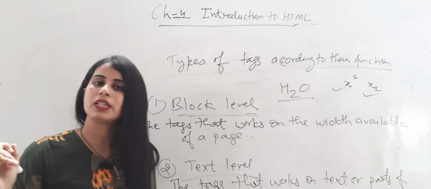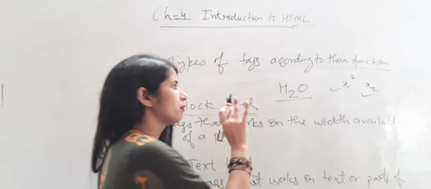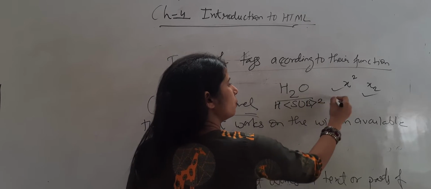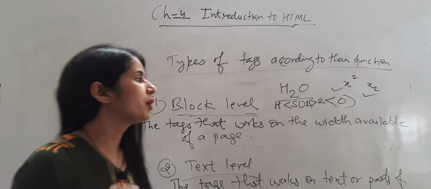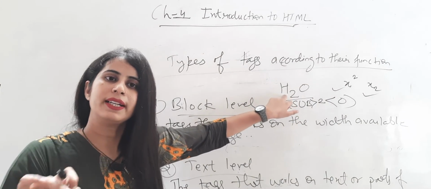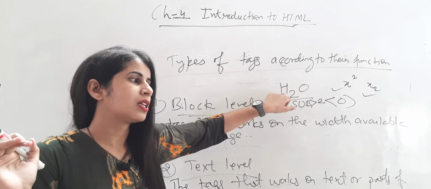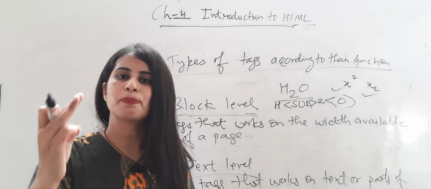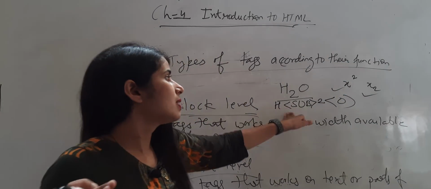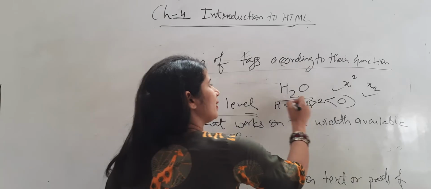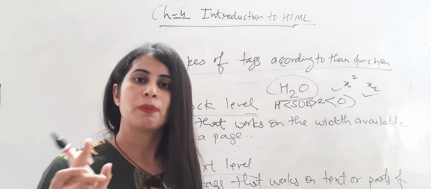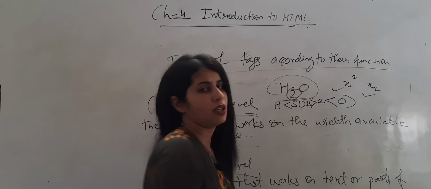So how can we do all these things? Here I will apply subscript on only the 2, because I want to make this 2 a subscript. I want to write it downside, as a base. There are two things, one is base and one is power. Here it is power, here it is base. So this is a part of the text. The complete text is H2O, but I want to apply it on a part of the text, and the part of the text is the 2 here.